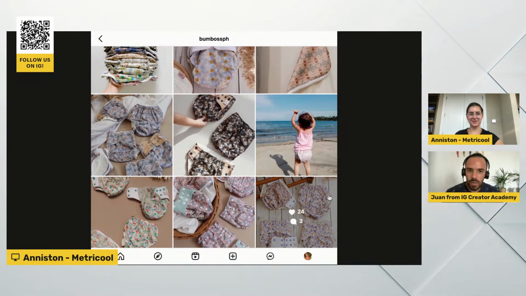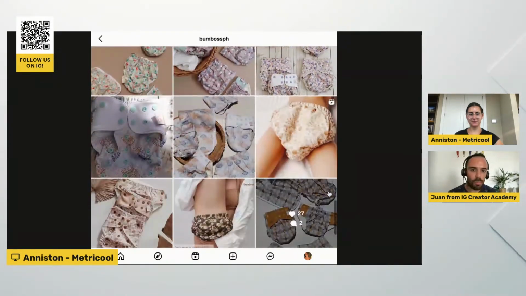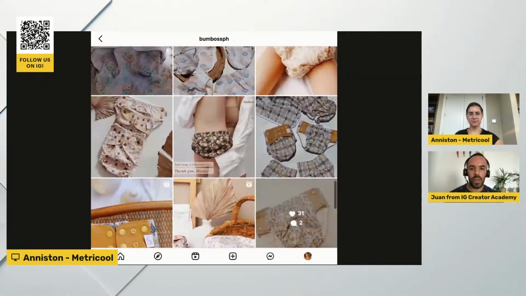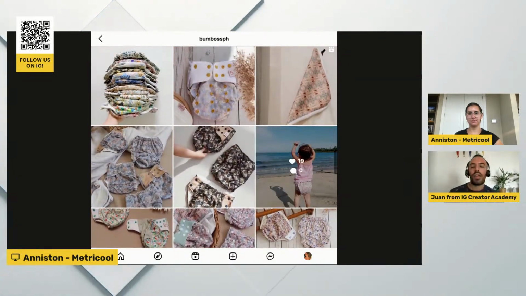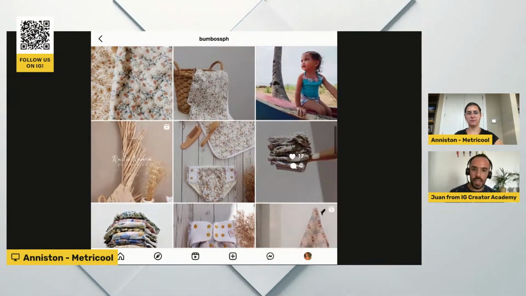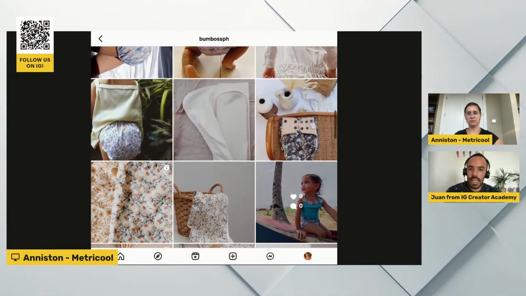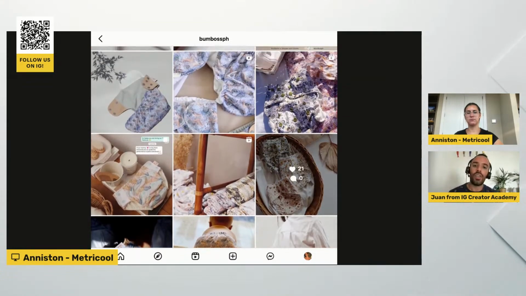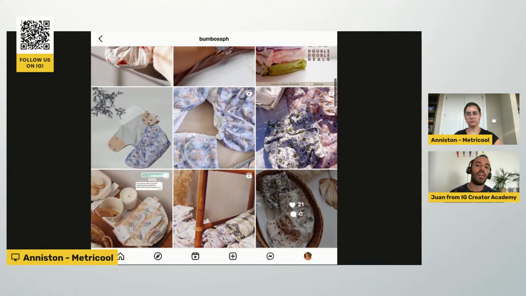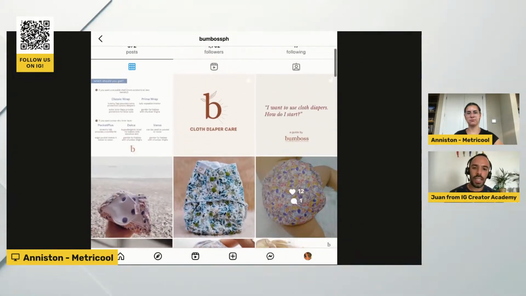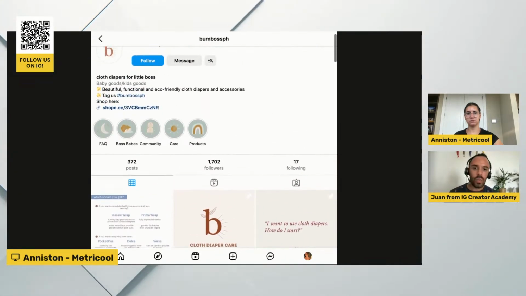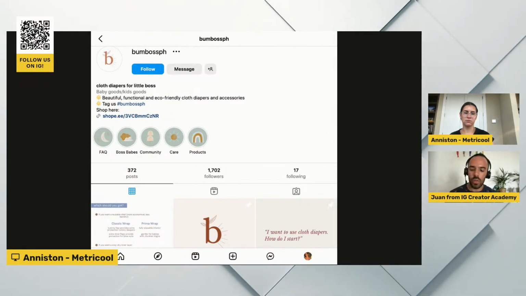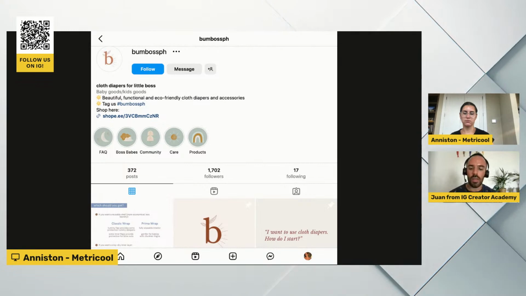And even though the photos are beautiful, the photos are really well taken, the products are beautiful, but you should have more of a variety between product and lifestyle, because at the end of the day you are selling a lifestyle. It's a lifestyle for the baby, it's a lifestyle for the parents. So how can you show that through your content? Do more stories. Storytelling is great for social media. Do more stories through reels. Tell the story of a customer, tell the story of why you came up with those diapers, why they are different, etc.